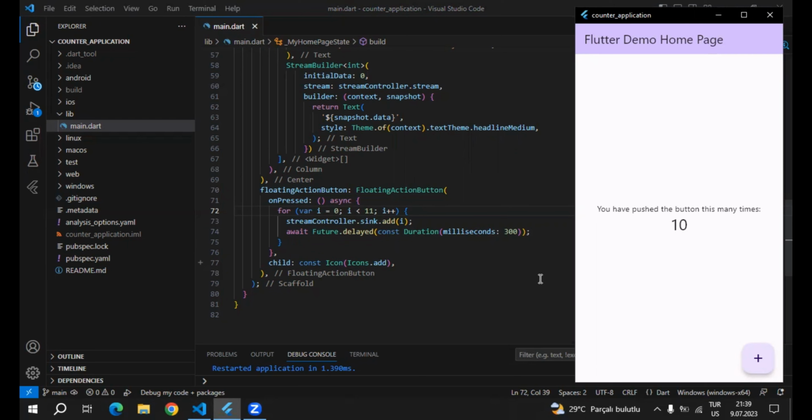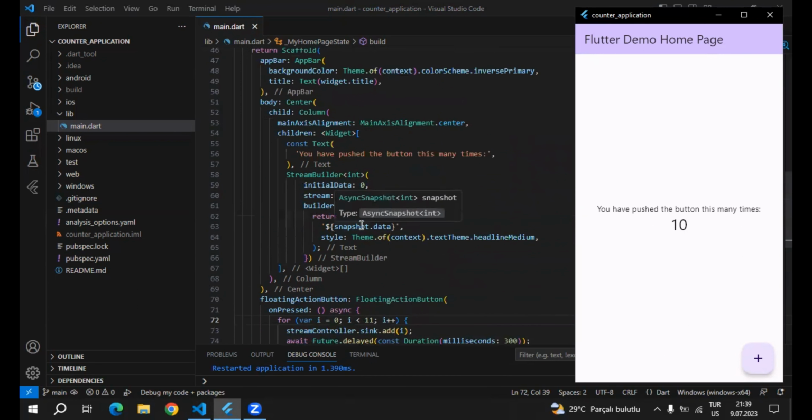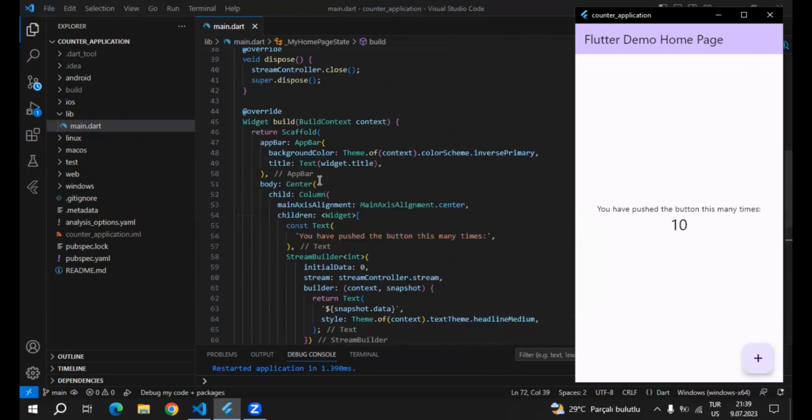Currently, we are listening to this stream from one place. So this place is this text widget. Is there any way that we can listen to a single stream from several listeners, from several parts? So that's possible. For example, where can we listen to this stream from? We can listen to it from